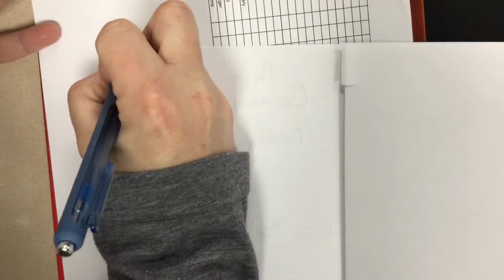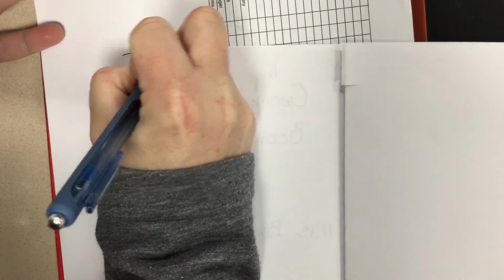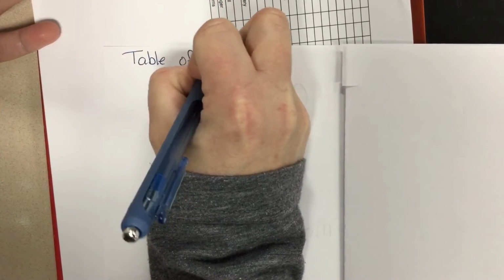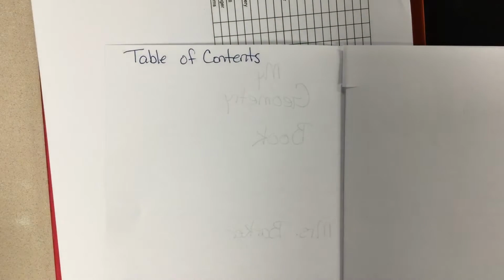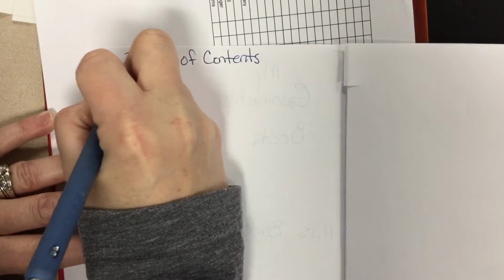So in our geometry book, we're gonna make a table of contents. On our first page, open up your first page. At the top, put table of contents. We are going to be doing quite a few of them today. So we're going to put all the ones we're doing today and then we'll put them on the pages in just a second. So on the first page, we're doing point